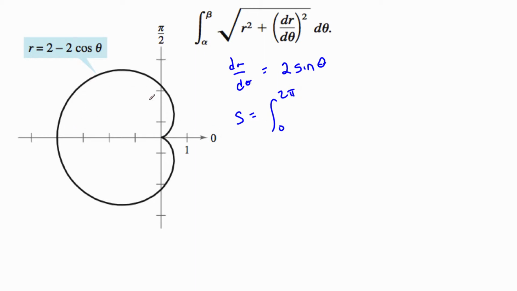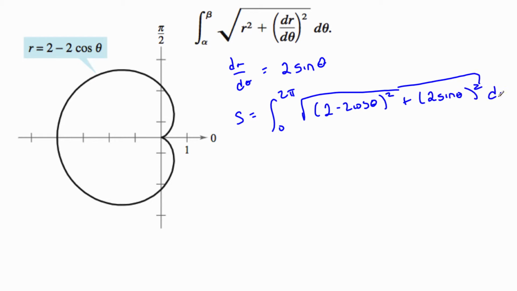And yes, you could have done it in half. You could have used symmetry arguments and doubled it, but I'm not going to. Okay, times the square root of r squared. So this is 2 minus 2 cosine of theta squared plus 2 sine theta squared d theta. Now you can see this can become a very ugly problem very quickly,